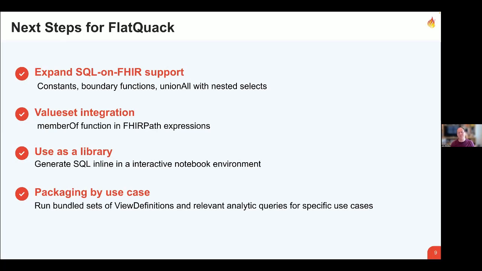And so I want to clean up that interface a little bit and make it more usable. And then lastly, I think people are rarely going to run view definitions as a single entity. Really, what you'll want to do is work with a set of view definitions and potentially some analytic queries on top of that. And so I want to experiment with some of the ways we could do that